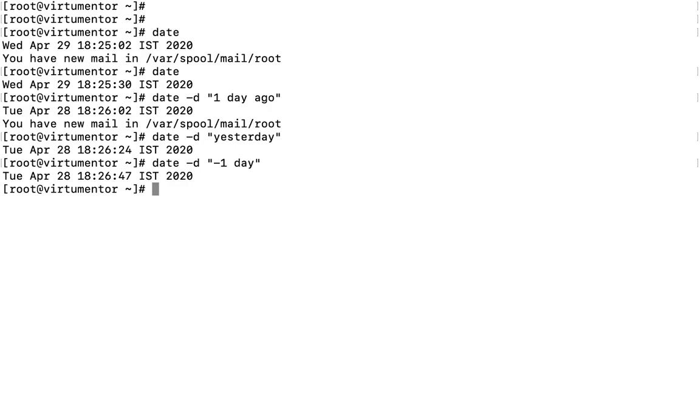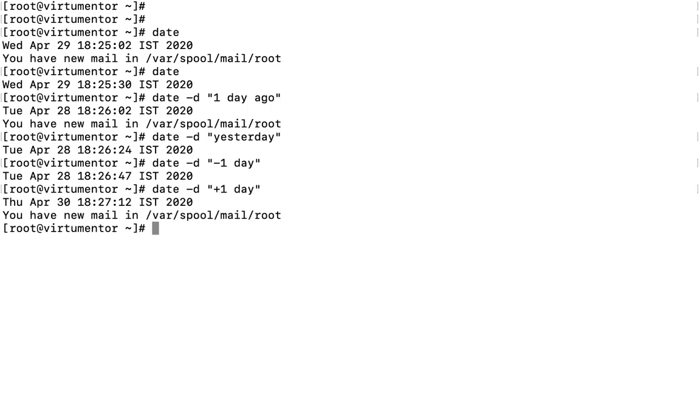So now we have learned to print yesterday's date. Similarly, we'll see how to print the dates for the next few days. The same way, date -d "+1 day". This will print tomorrow's date.